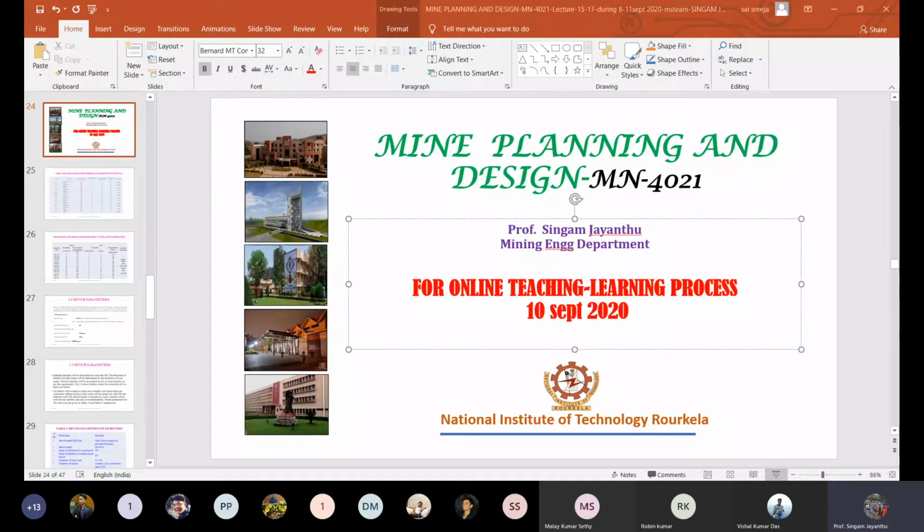I changed from the title slide to the slide for the equipment deployment schedule with productivity. In the last class, we saw the productivity to be achieved as far as overburden material is concerned. Today we are going to discuss the equipment selection, or the requirements for that mine, which we have seen has a 2.59:1 stripping ratio. So what equipment is required, and the scheduling should be done in such a way that every month it should be planned.